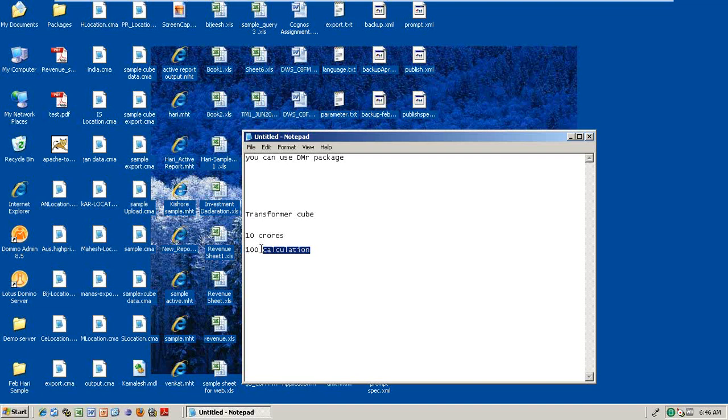That means the calculations are already available inside it, so within a fraction of a second you will get the data. When the user is running it, he will see it like a charm. So he is very happy to see this much response from Cognos. But if you are using the DMR package of Framework Manager, you still need to hit the database and retrieve the records. It will take so much time.